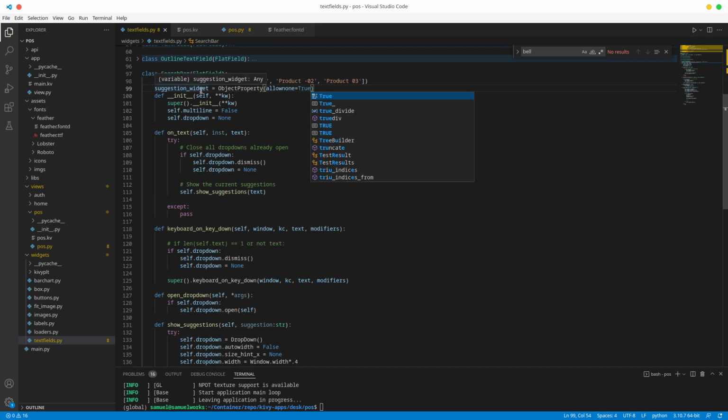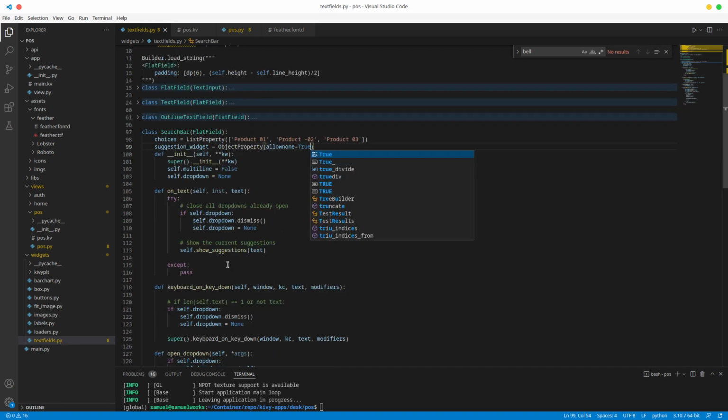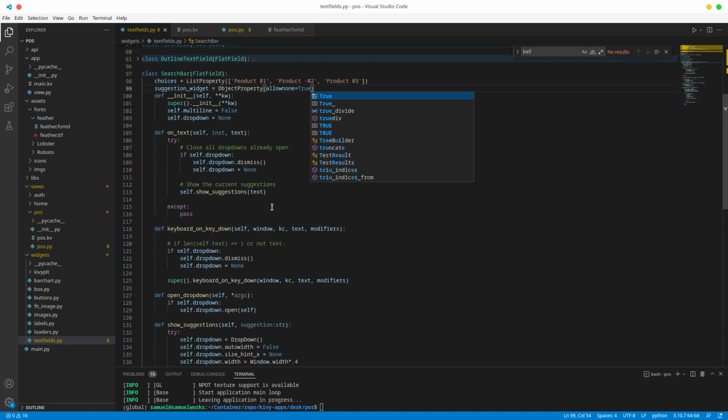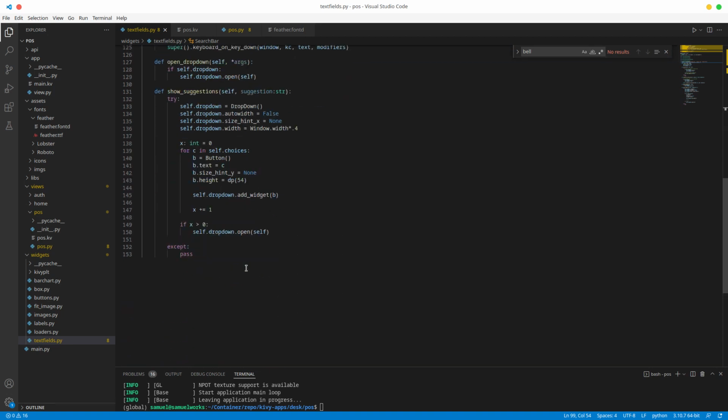Okay, so we are going to have a requirement for a suggestion widget. So this suggestion widget should always have at least a text attribute. All right, so that no matter what happens, we know that we can just add text, and that will be that. Okay, so actually, let's see. All right, let's just work with text for now. All right, so suggestion widget is going to be that, and then what we're gonna do now is on our drop down here, we're simply going to say